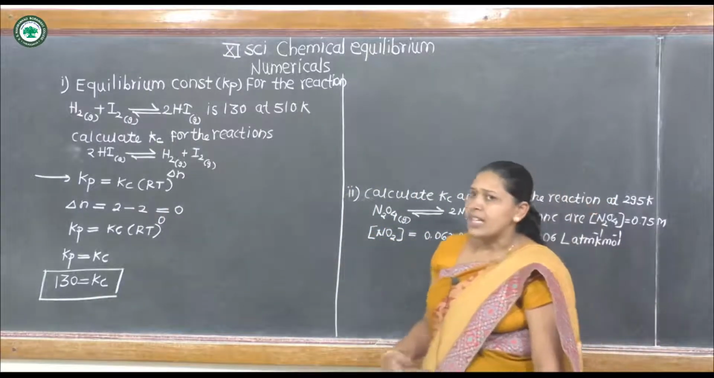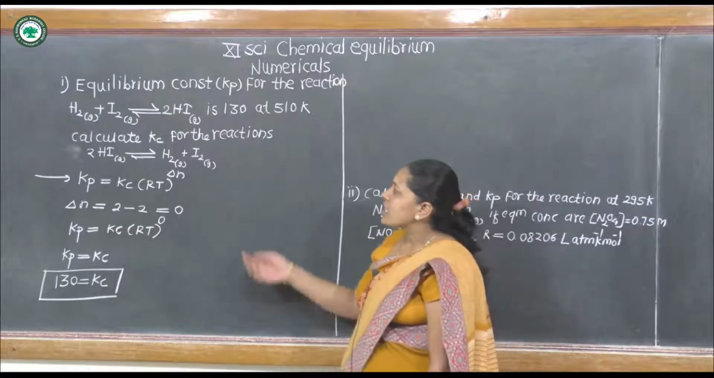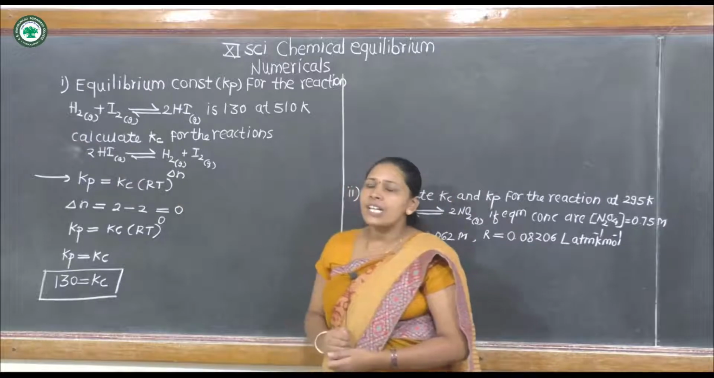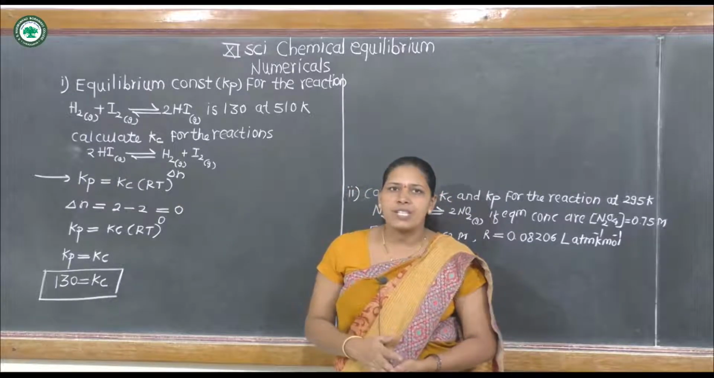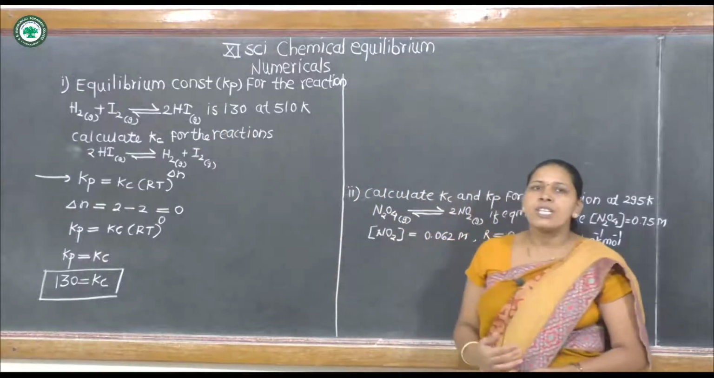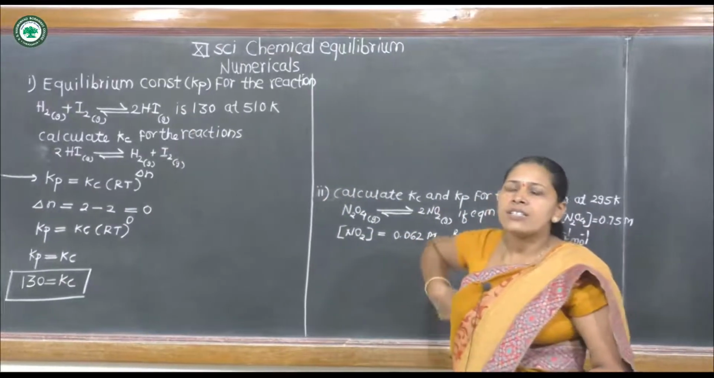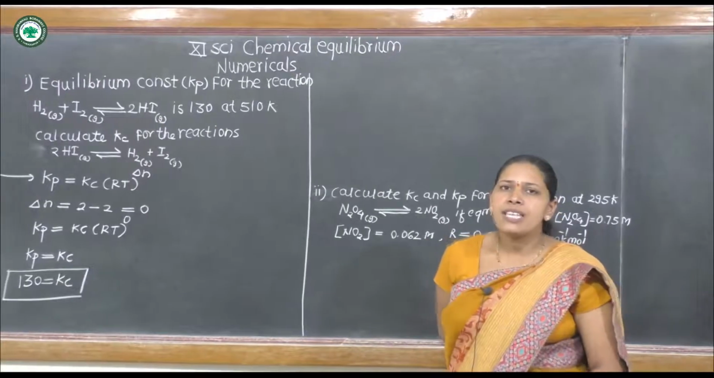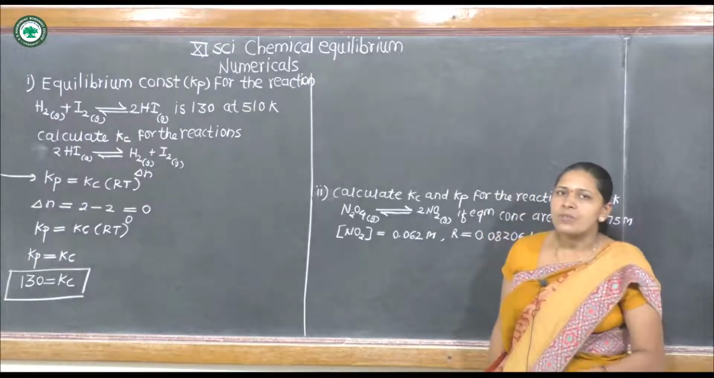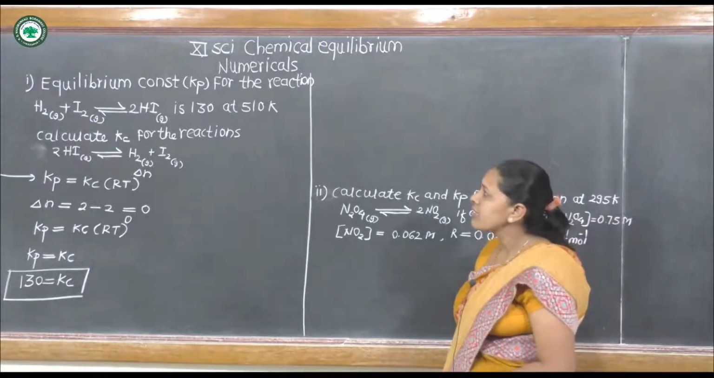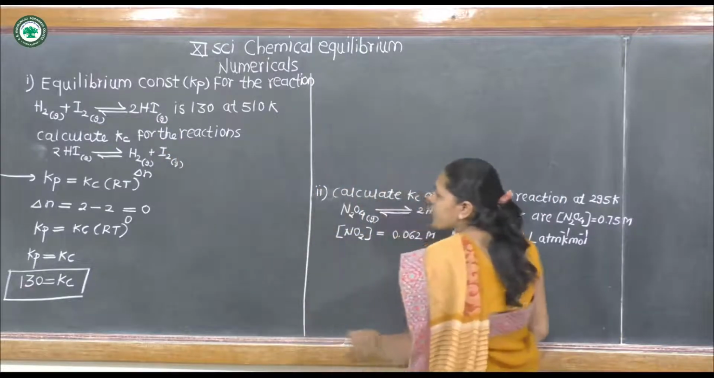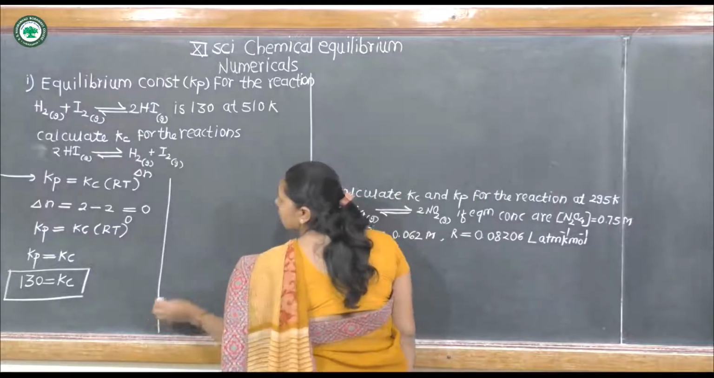And then another question: calculate Kc for the reaction 2HI gives hydrogen gas plus iodine gas. What is the relationship between these two reactions? In the previous lecture we already studied the characteristics of the equilibrium constant. Then for the first reaction, the expression for Kc is